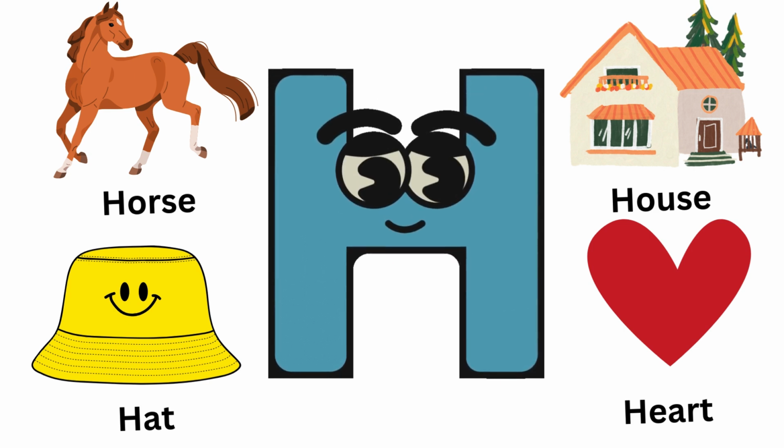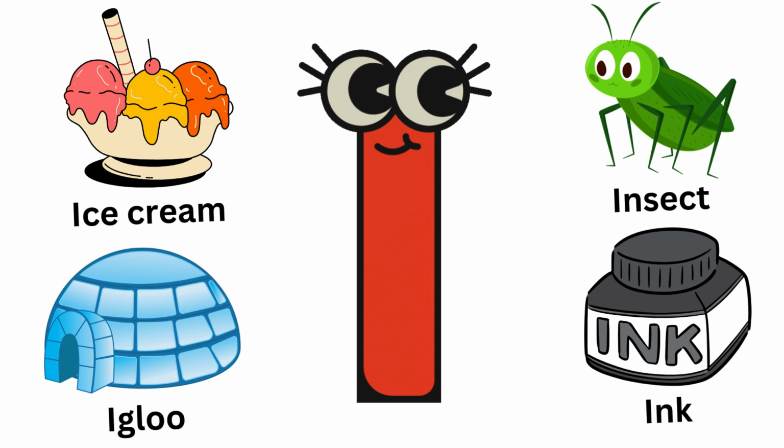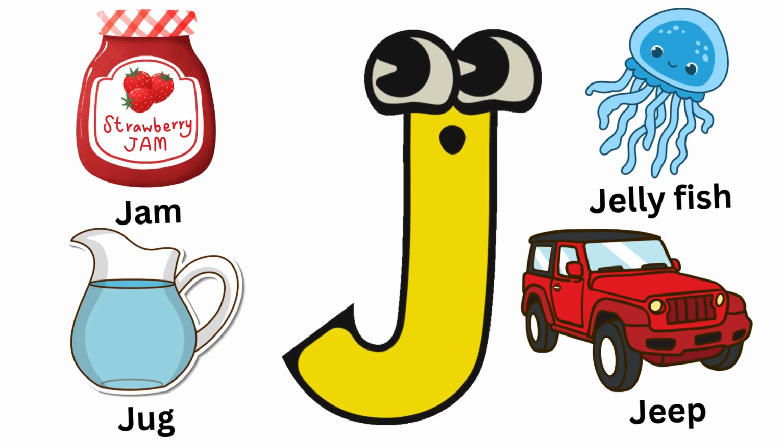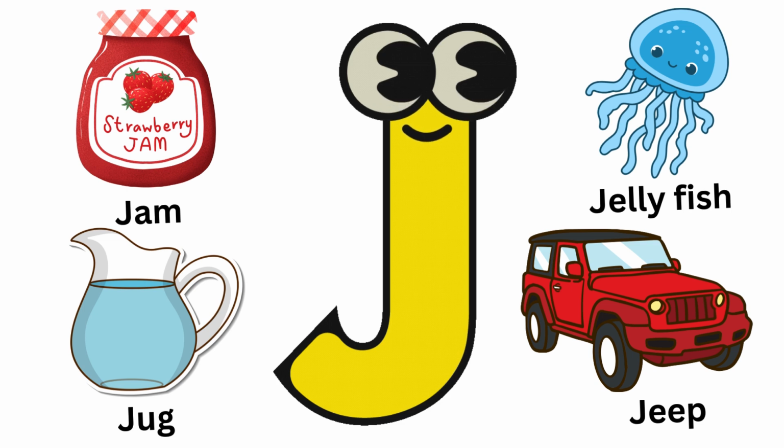H is for horse, H is for heart, I is for ice, I is for igloo, I is for insect, I is for ink, J is for jam, J is for jug, J is for jellyfish, J is for jeep,